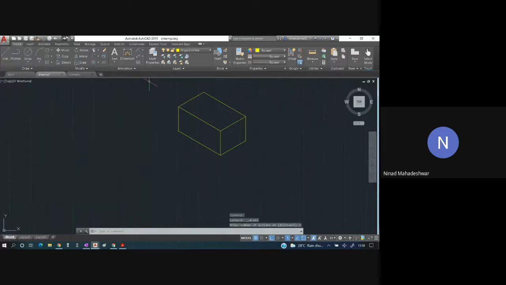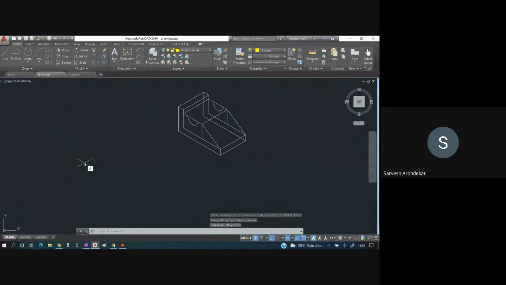Then we'll quickly draw the front view. So front view I have drawn it over here. Then I have taken the front view along the breadth. So I have copied that along the breadth. Next I have pasted this entire front view along the breadth. So this is how you have to do.